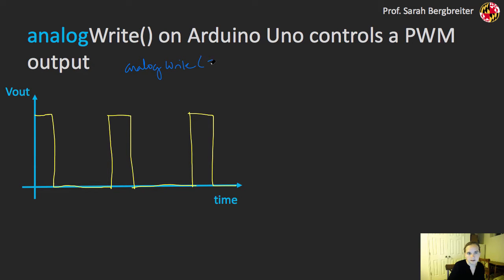I provide a pin number for a PWM pin on the Arduino Uno, and then 64, because this is an 8-bit DAC, right? So this PWM signal is based on an 8-bit number, and 64 divided by 256 is 1/4, or 25%. So this digital signal coming out here is going between 5 volts and 0 volts. The timing of it can change a little bit based on whatever commands you actually use on your